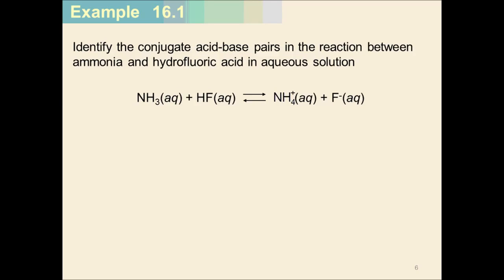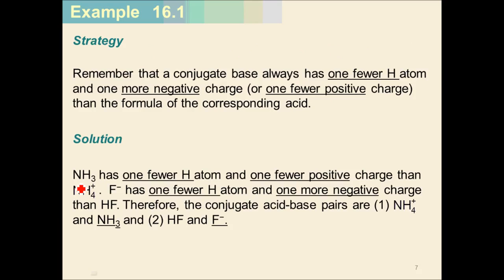Slide 6, example 16.1. Identify the conjugate acid-base pairs in the reaction between ammonia and hydrofluoric acid in aqueous solution. Remembering that a conjugate base always has one fewer hydrogen atom and one more negative charge, or one fewer positive charge than the formula of the corresponding acid. So when we looked at NH3 plus HF, okay, well,